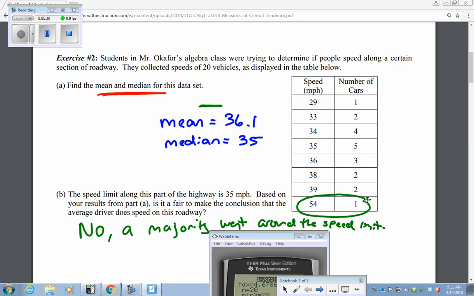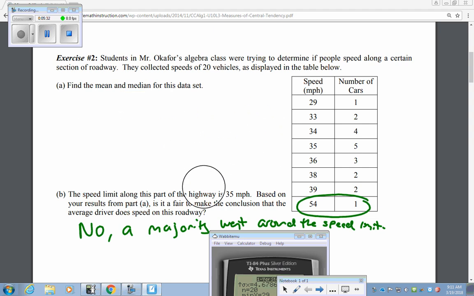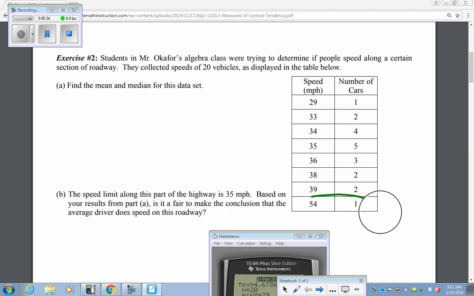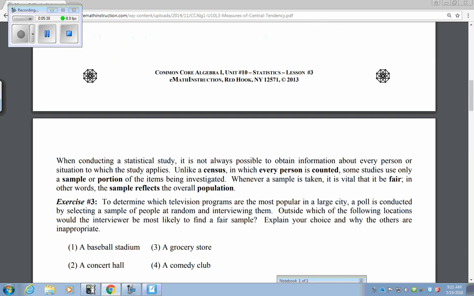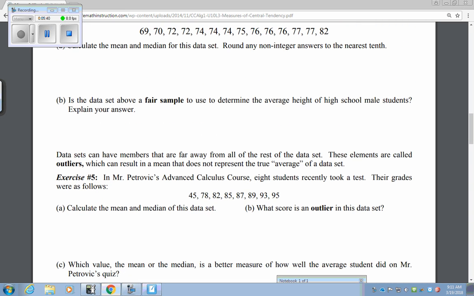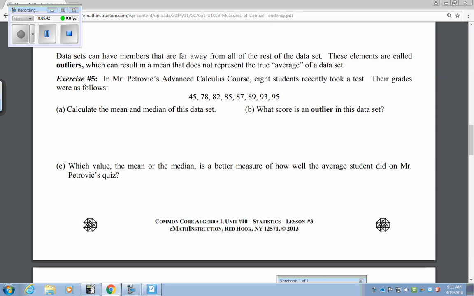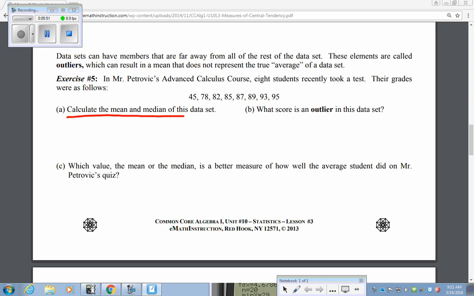So, we're going to look at one more example together. If you go to the back of this page, and go down to number 5. Now, I'm going to skip over part A. Part A, you guys could do right now. Do that on your own, and pause the video right here. But I want to talk about part B,